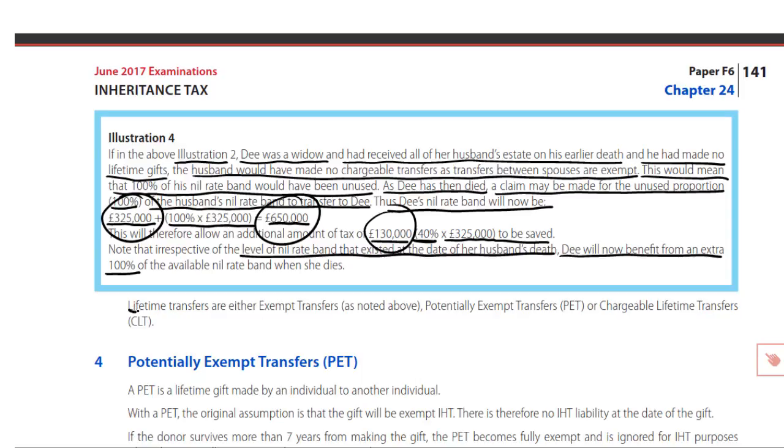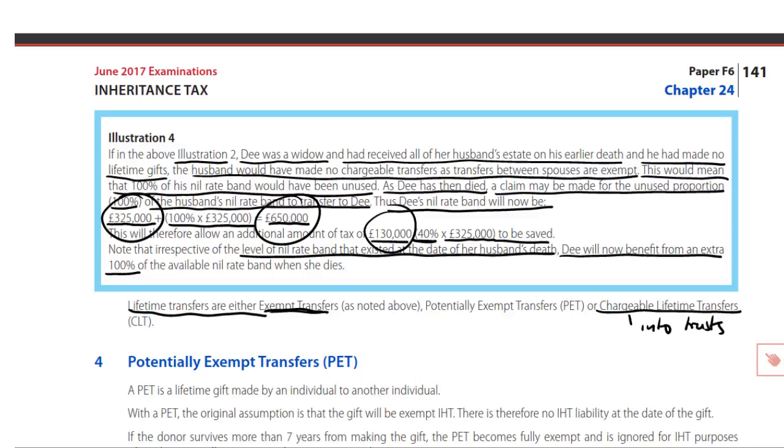Lifetime transfers are therefore to be denoted as one of three different types. They could be exempt transfers, meaning they're not chargeable when made, they are not chargeable on death. Whenever the subsequent death occurs, they are exempt. What were they? Transfers to spouses or civil partners. They could be chargeable lifetime transfers. They, remember, were transfers into